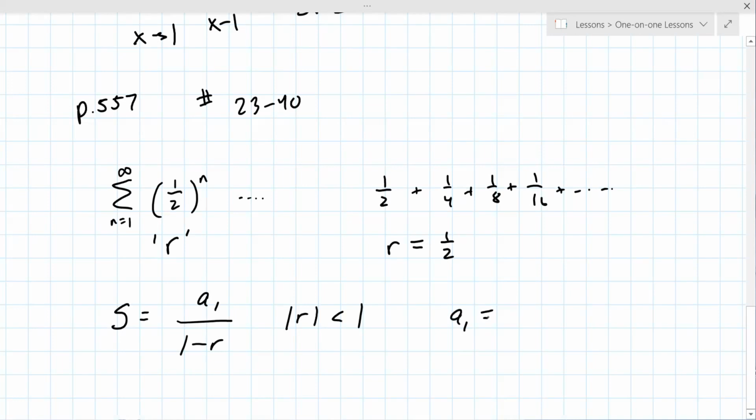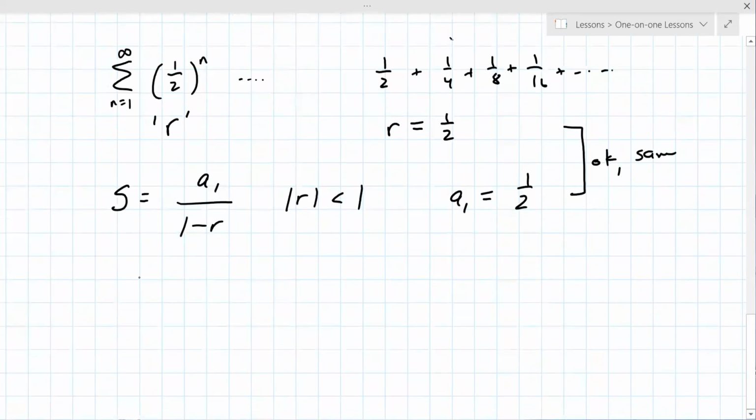What is a1? Well, a1 is the first term. It's whatever this tells you though. Like if this was 2, we'd be looking at 1/4, but it's 1, so it's 1/2. And it is definitely okay that these are the same. Like it can happen. So your sum is 1/2 over 1 minus 1/2, which is 1/2 over 1/2, which is